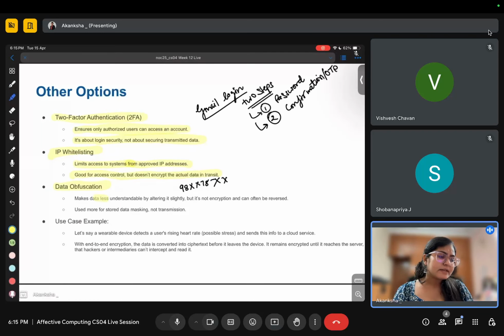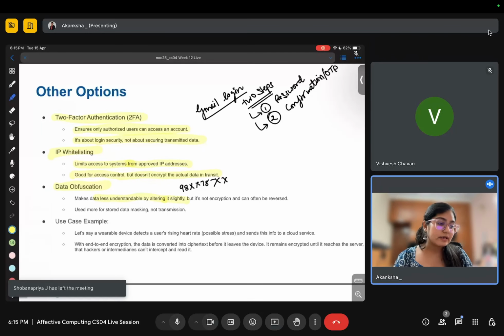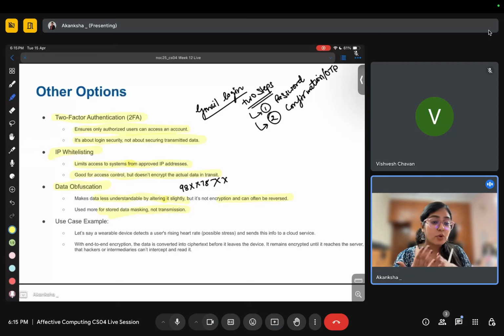Less understandable by altering it slightly, but it is not encryption and it is very easy to crack. So it is usually used for stored data masking and not transmission. For transmission we use end-to-end encryption.